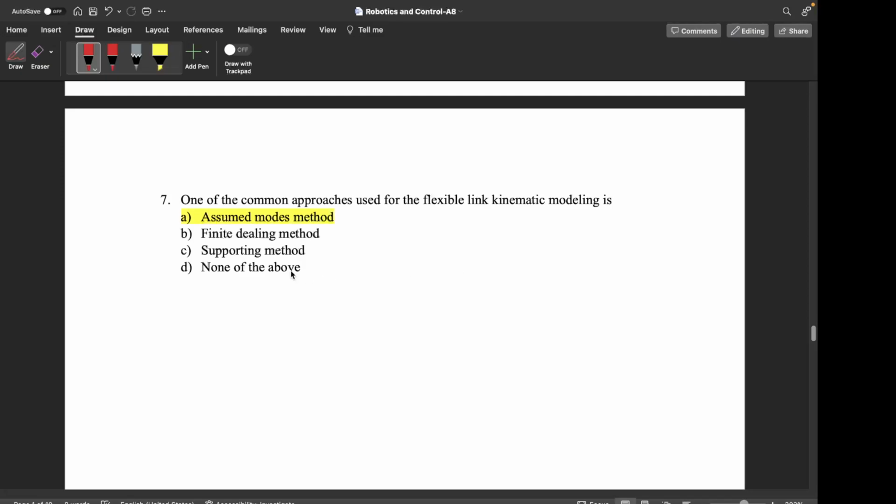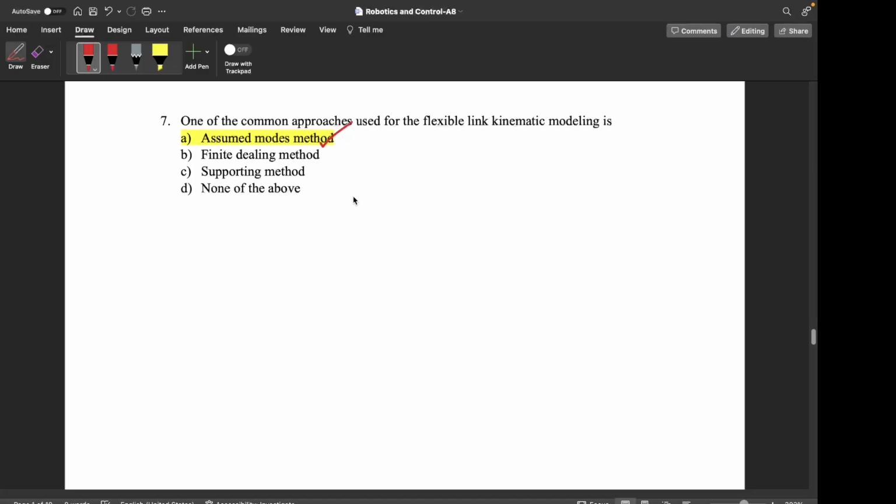Since here we have to just choose the name, this is obvious, but let's briefly see what are the things that are involved in this assumed modes method. The assumed mode method basically requires some background of beam theory and all. So I guess you would have heard about this